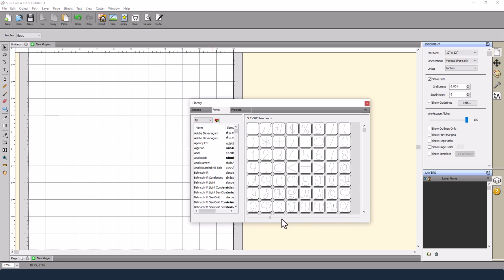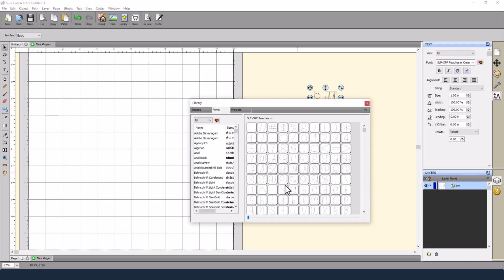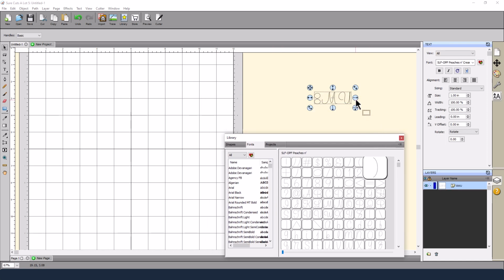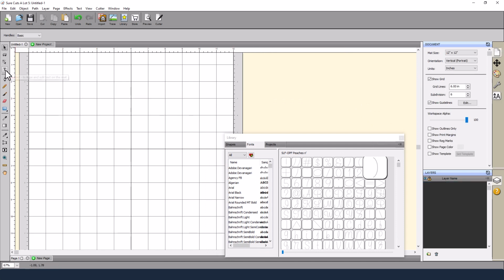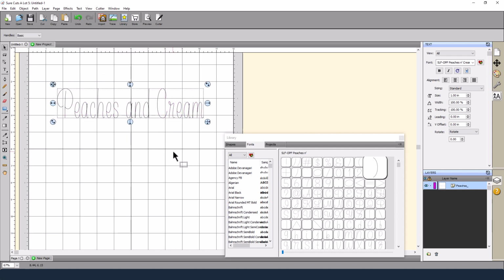You can get a better view of it if you want to zoom in a bit here, or zoom out, and then you can see all of the characters that are available to you. You can simply click on any of these to load them up into the workspace. There we are. Or if I delete those, alternatively you can activate the text tool, click anywhere on your cutting mat, and then just type as you normally would. You now have your text drawn out or written out,